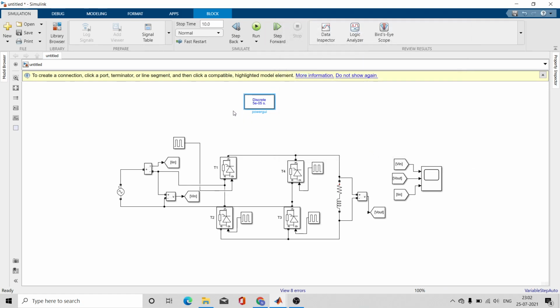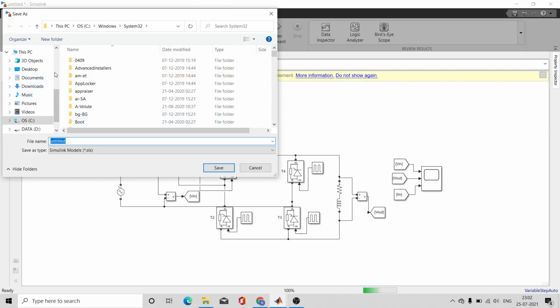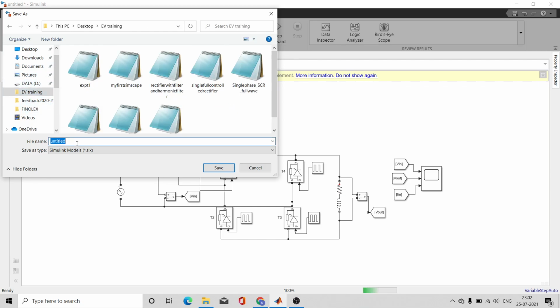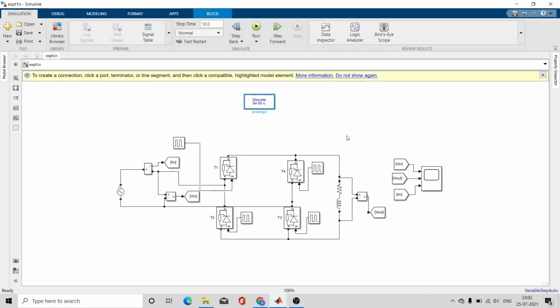Now let me again save it. It is saved. Let me run it. Yes, now it is running.